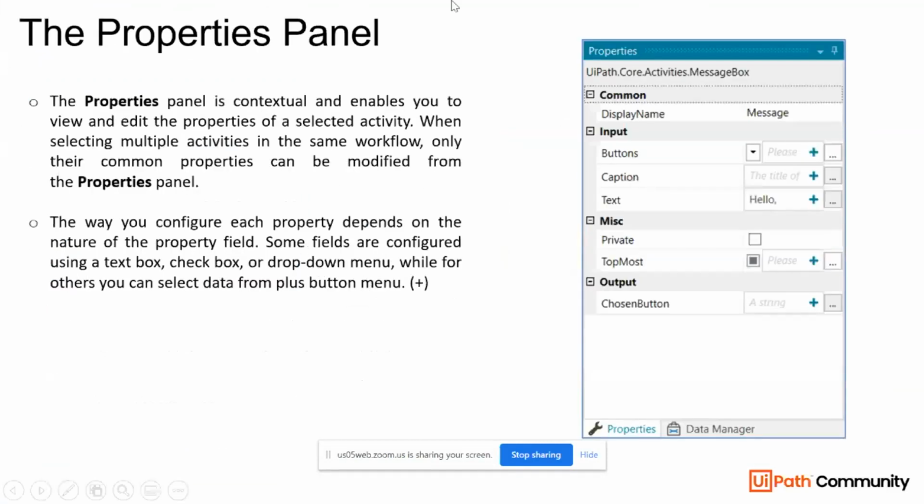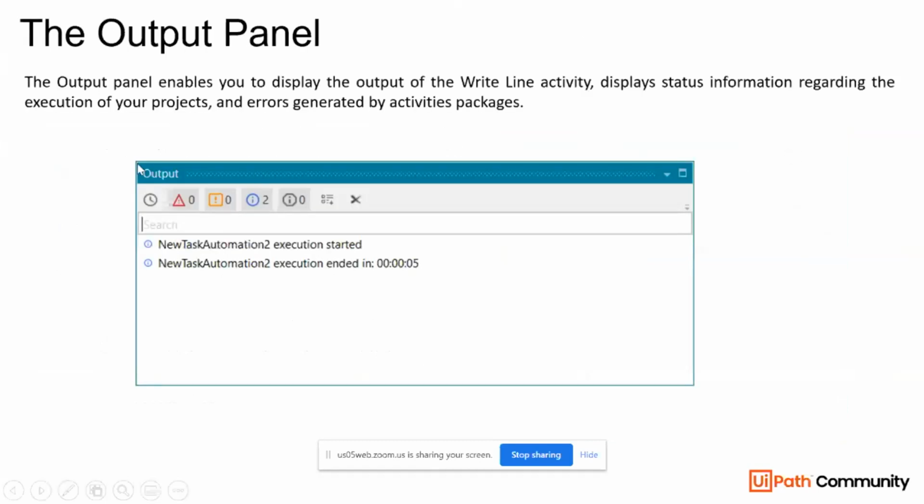Properties panel, for each activity you can set the parameters. Output panel to display the output in this particular panel itself, to display the output content over here, or any errors which you come across during the execution are also written over here in this output panel. Okay,